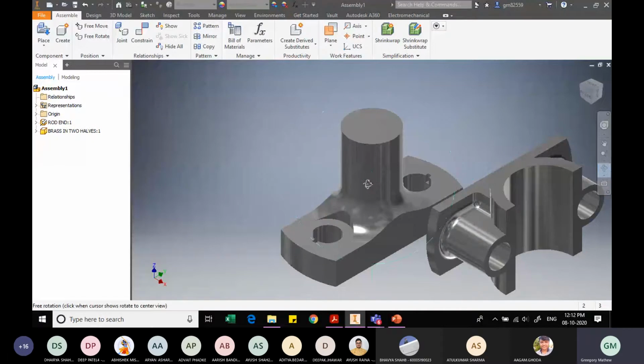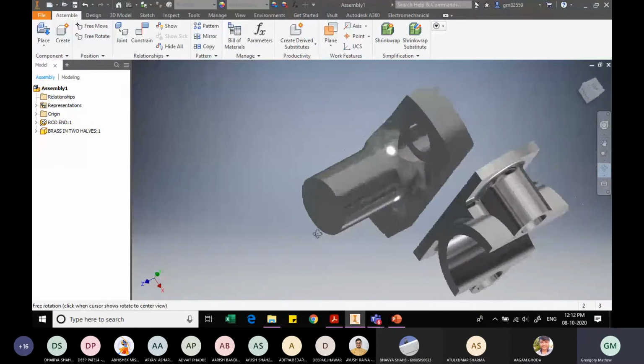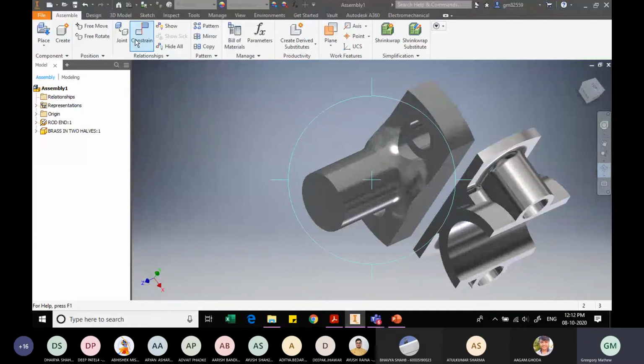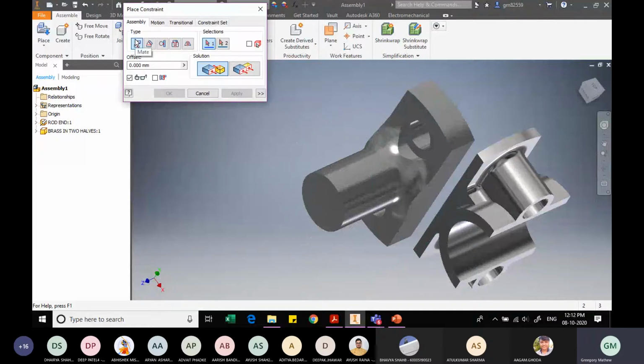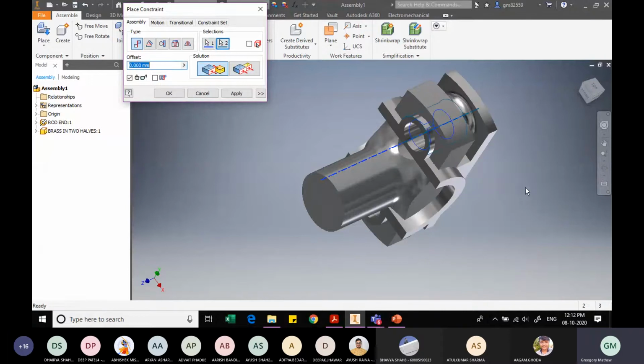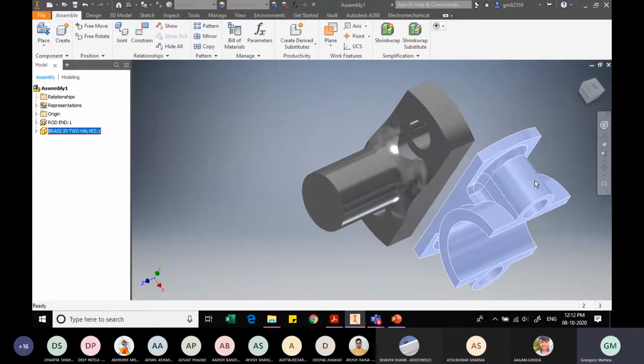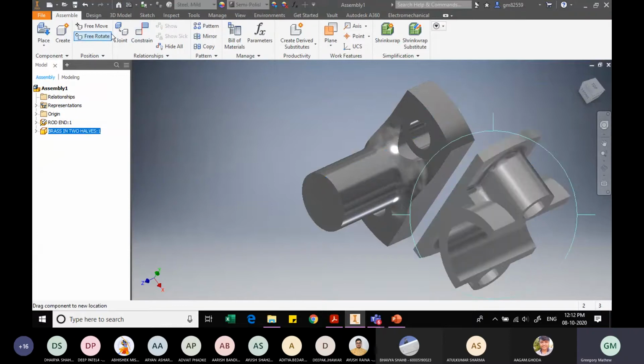I will slightly rotate this. Now the first step is that the axes should be aligned. So going to the Constraint option, Axis, the axis of this hole with this hole should be aligned, but this is not the manner in which I want them to be assembled. So I will slightly rotate this first using the free rotate option.